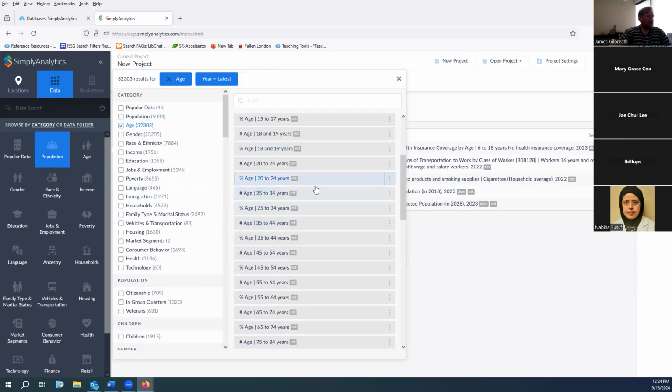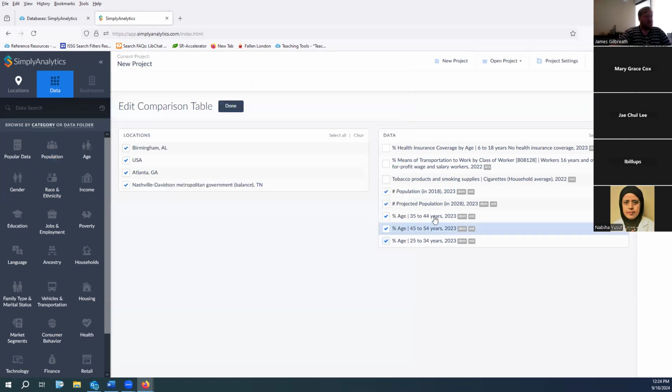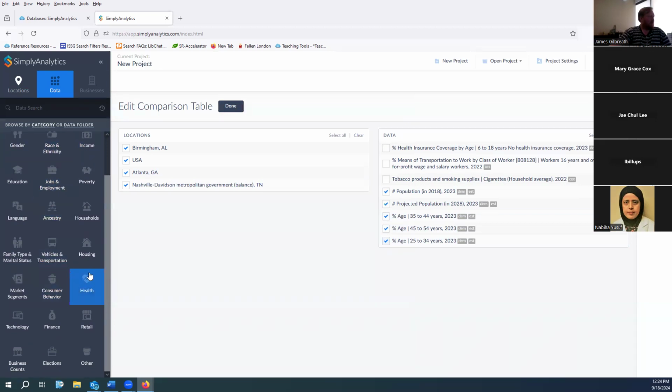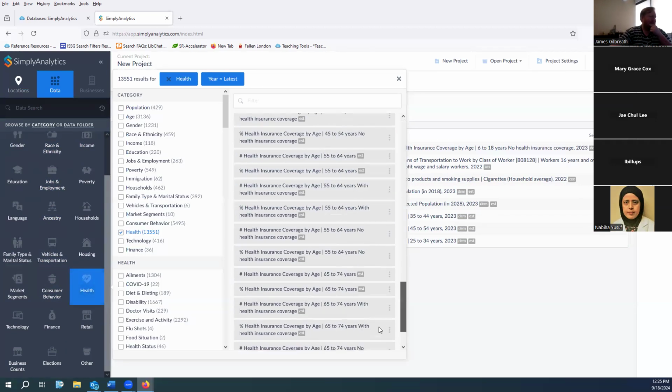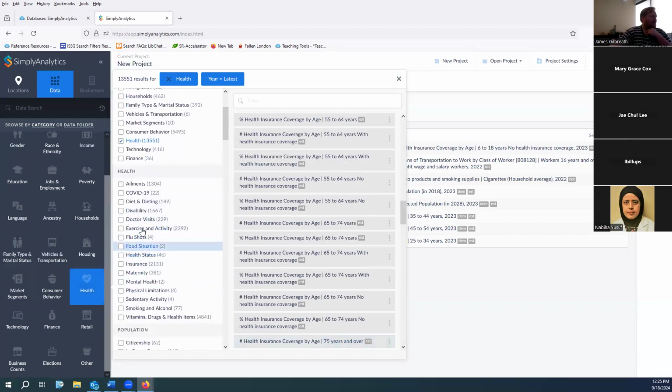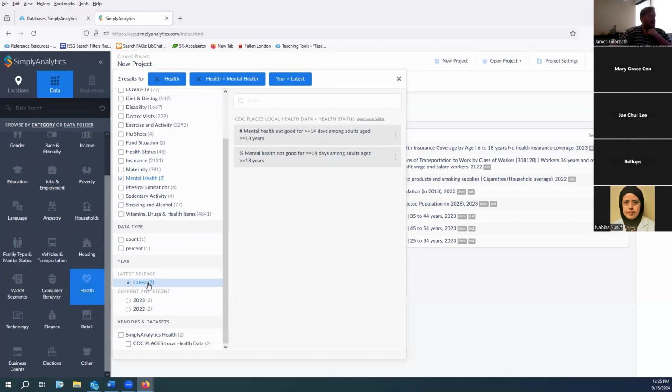Age, let's look at percent 35 to 44, percent 45 to 54, 25 to 34. And then maybe, let's see. Oh, so we also have some limiters over here, of course. So let's look at